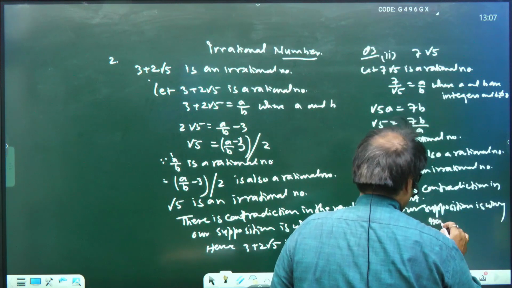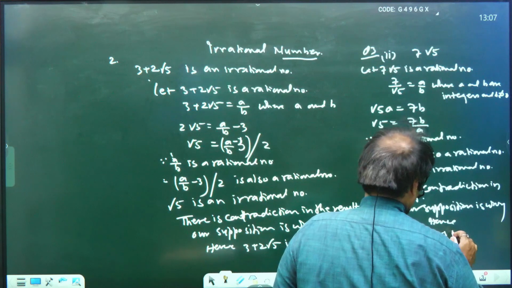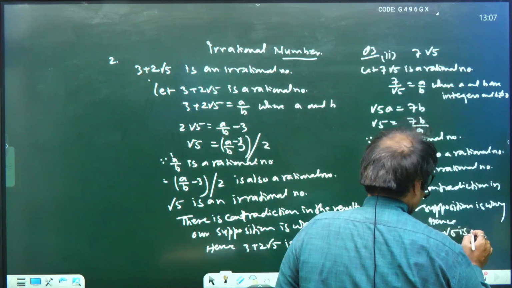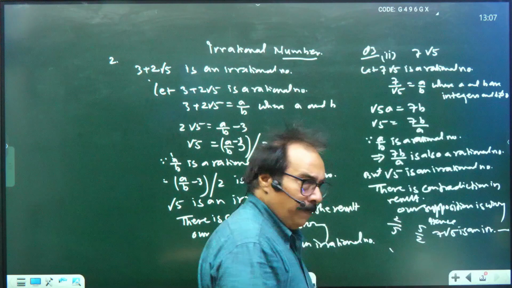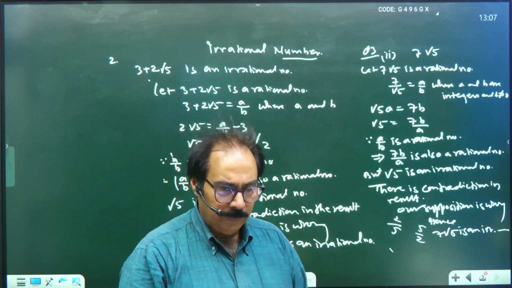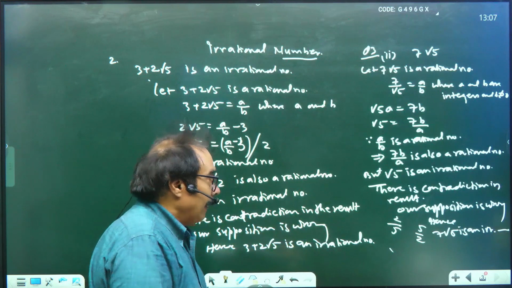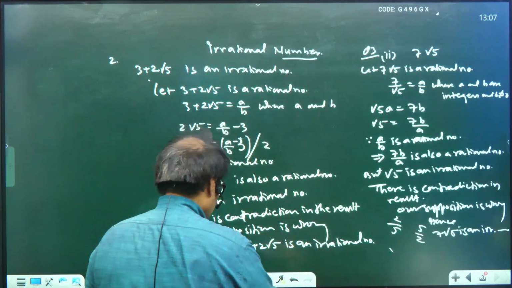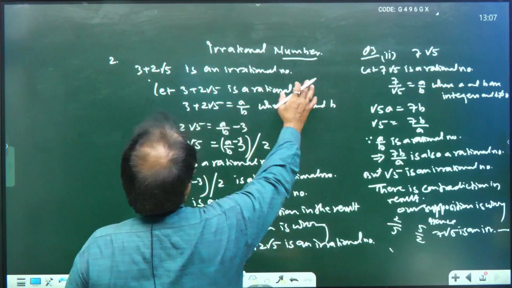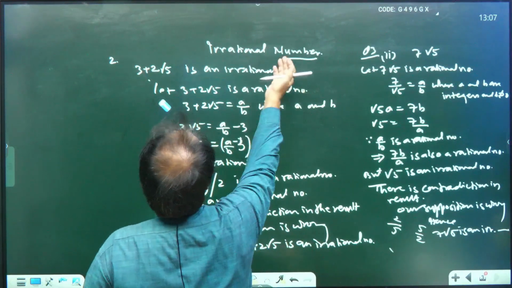Hence 7 root 5 is an irrational number. Okay. In this way we will solve. Right. And the last extra question I would like to explain, if the question says,